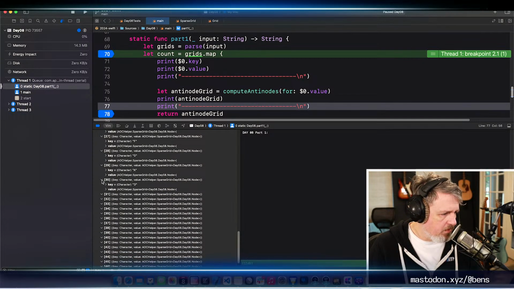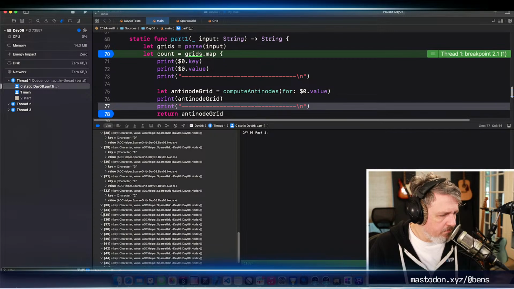I'm just making sure that I'm not looking for characters that shouldn't be there.